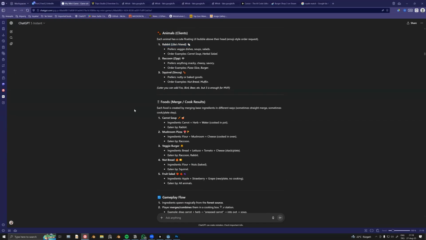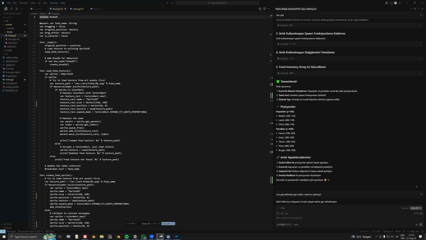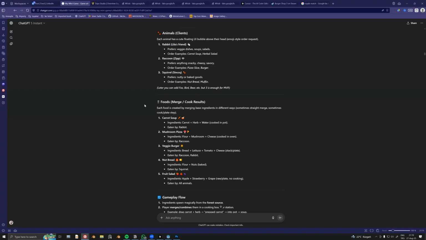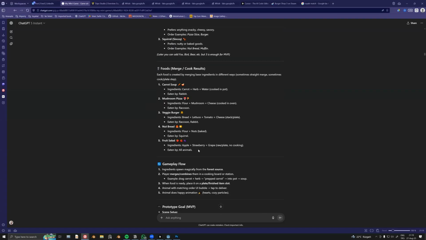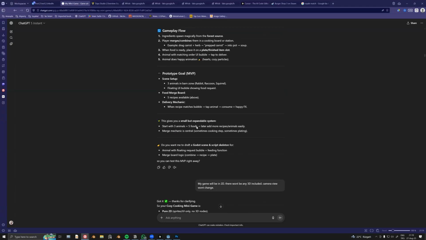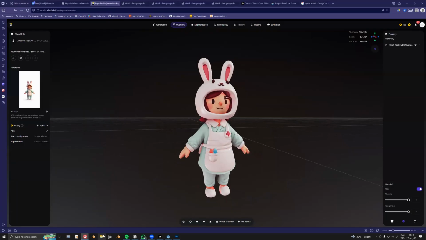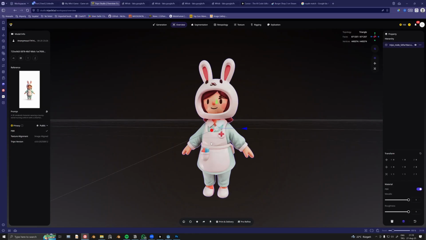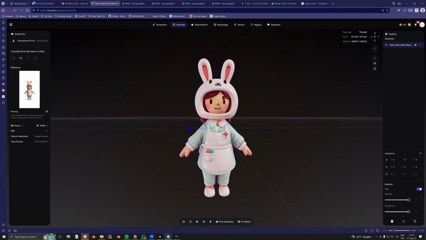Cursor development. By the way, guys, just tell me if you are interested in the Cursor side more, or concept art, or the prompt engineering side. Let me know which one you want to learn more about, and I will go back to that. And also, by the way, we can also animate the character from last week. Okay, Atira. We can animate this character